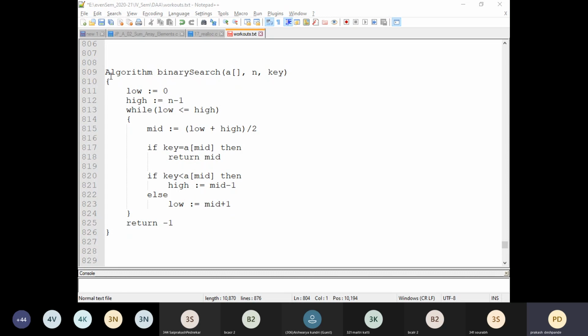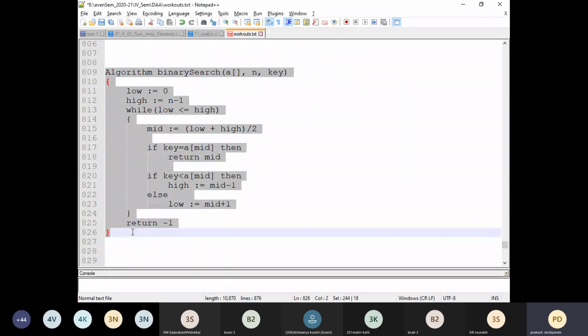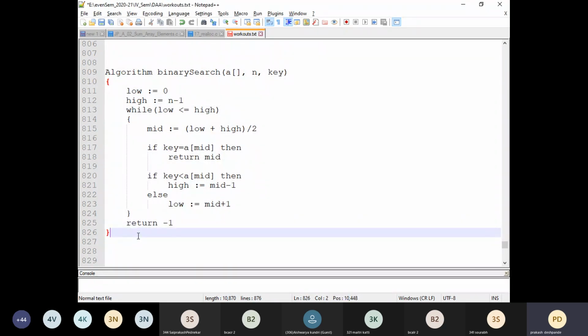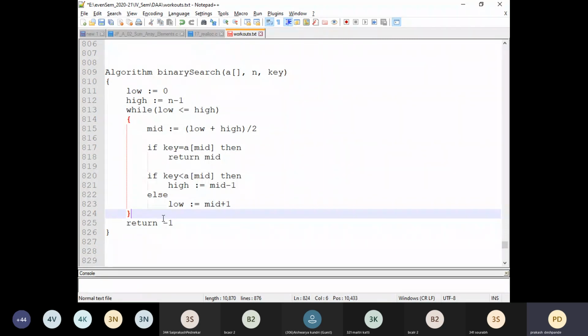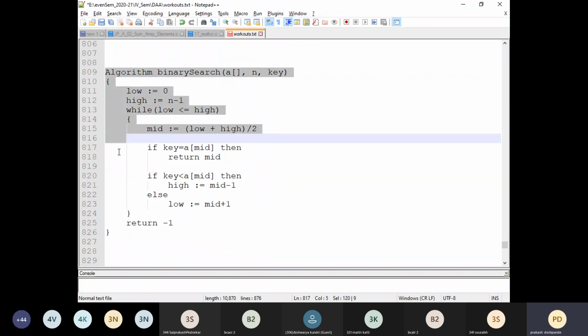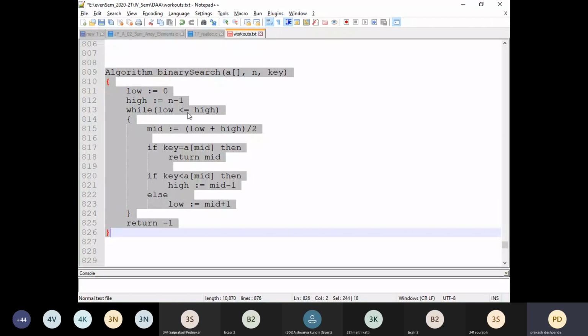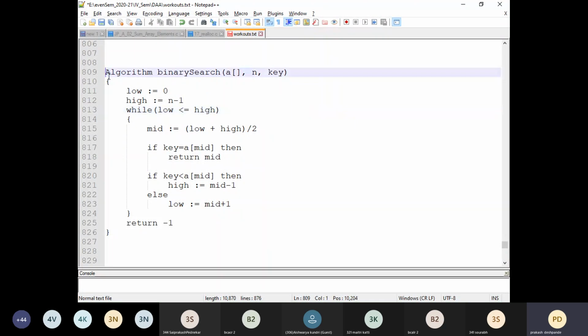Okay, now this is the algorithm of binary search. Again, the binary search algorithm can be written in two different methods. One is iterative, that is just making use of a while loop we can write, or we can even write a recursive method also. Both the algorithms we are going to look into here. Now, this particular algorithm you guys have already studied in the second semester, and the one whatever we have explained here by the students and by myself, it follows the same approach. Okay, look into the algorithm here. Let me go by step.